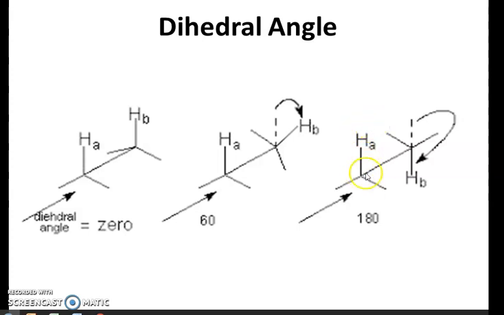What is the angle between this plane, with a dotted line here, and the second plane, with a dotted line here? How much will be the angle between HA and HB? It will be 180 degrees. Clear? There are two imaginary planes we are considering, and the angle between those two is termed the dihedral angle. I hope you got an idea of what is meant by dihedral angle: the angle between the planes which we consider.